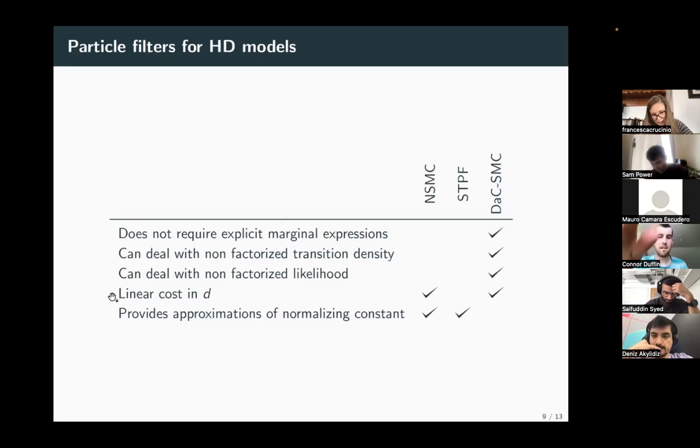The cost is linear in D if you have easy enough weights. I'm finding that if you have more complicated models in which you need to use all the dimensions to compute the weights, it takes a while to go through all the dimensions to get the expression of this weight. So officially it's linear cost in D, but depending on how you compute the weights and define your auxiliary distributions, you might increase this cost without actually seeing it if you only look at the pseudocode,